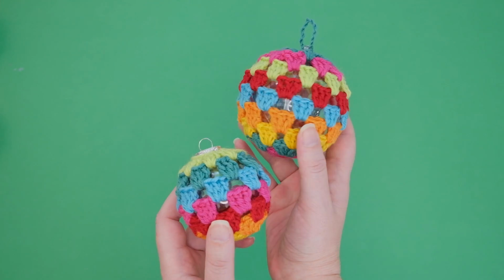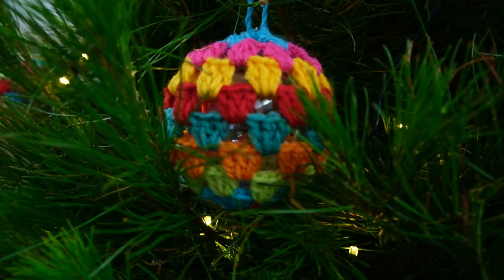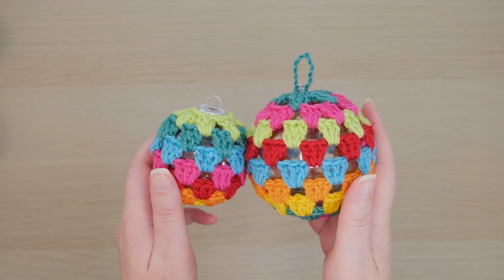Today I'm going to show you how to crochet these cute and colourful Christmas baubles. They're a super fun and quick project to make and they look so nice on a Christmas tree. First, I'll show you how to make this